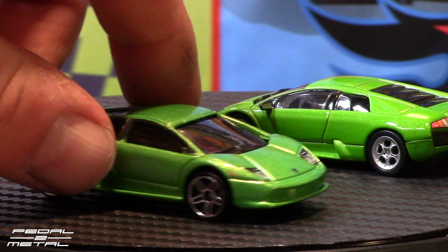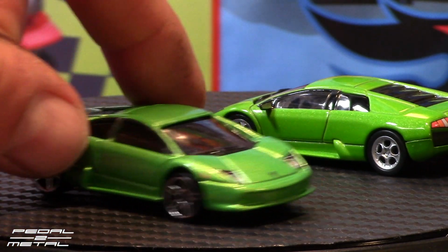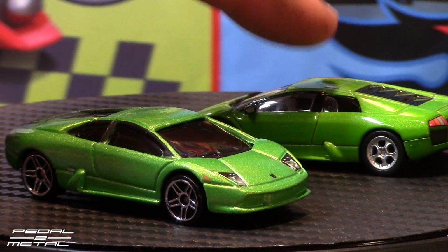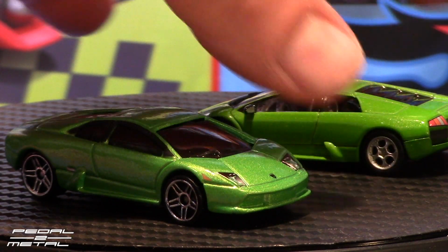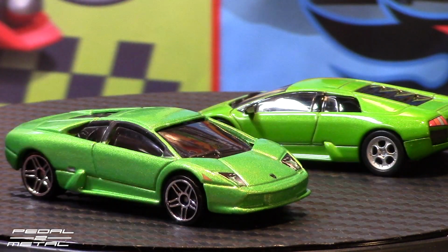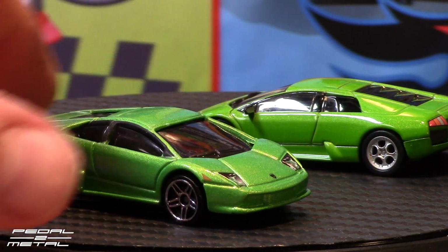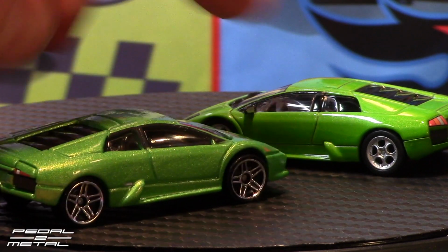Hot Wheels, though, when this came out, it was a big hit. I'm sure they sold a lot of them. It's weird how I was always thinking until I dug this out, I thought the Murcielago from AutoArt, I thought these air winglets or whatever you want to call these back, I thought they were popped up on this version, but they're not. Both, much like the Hot Wheels, both of them are tucked into the body. They're not stuck up like you normally would see